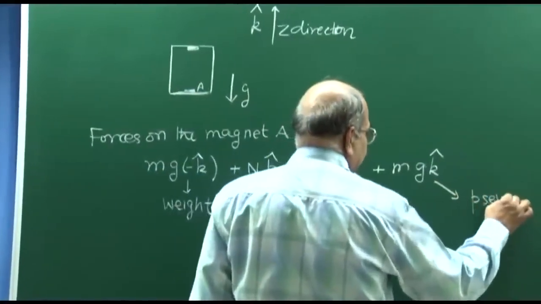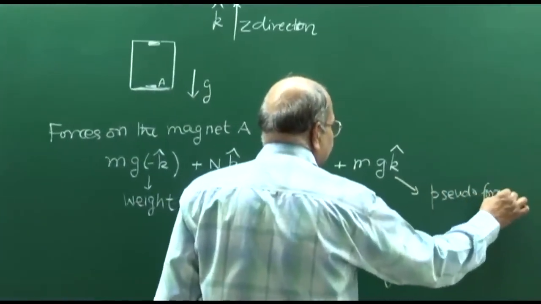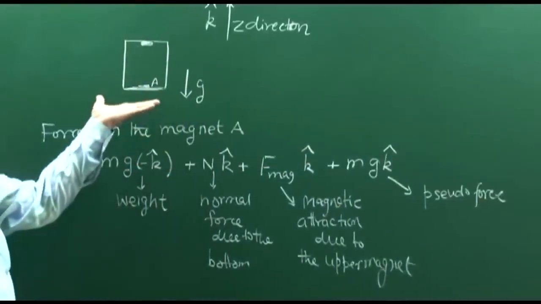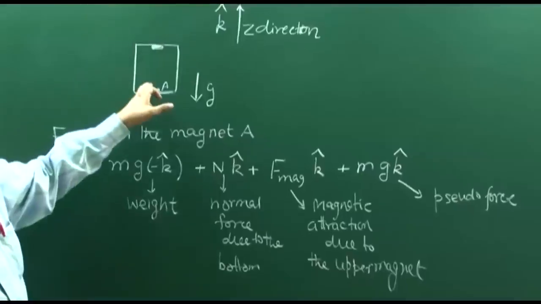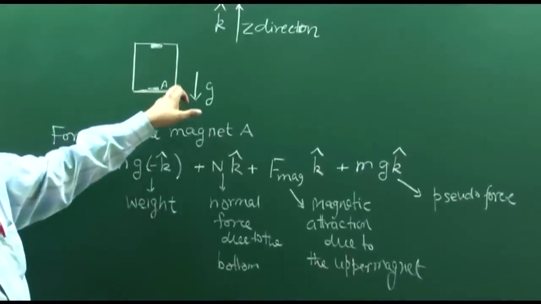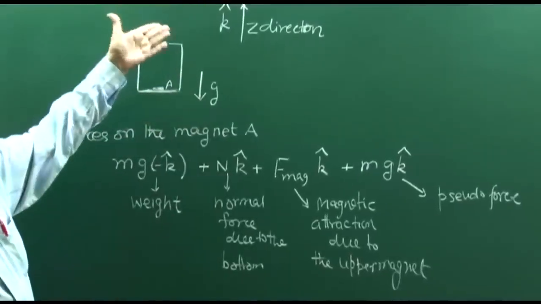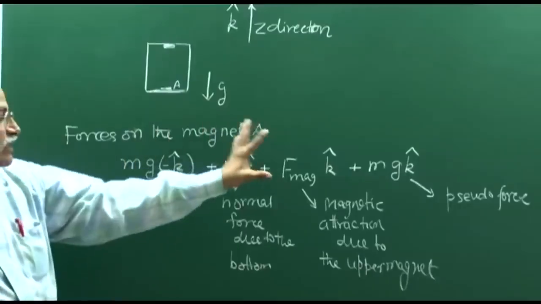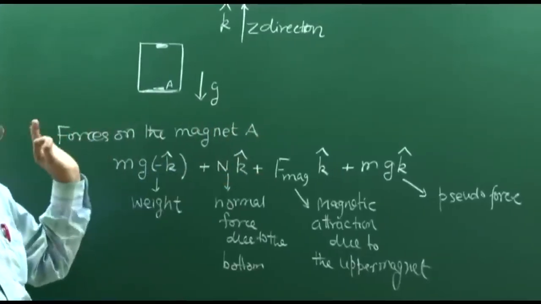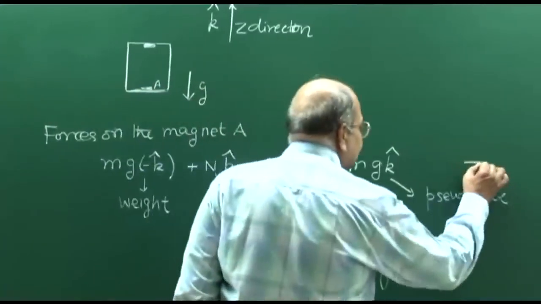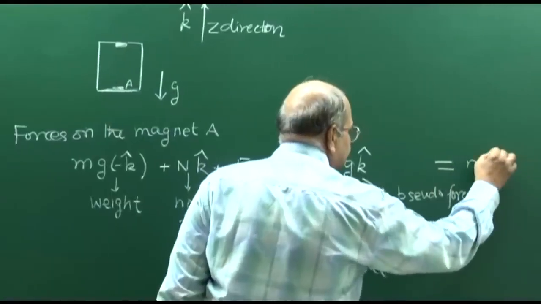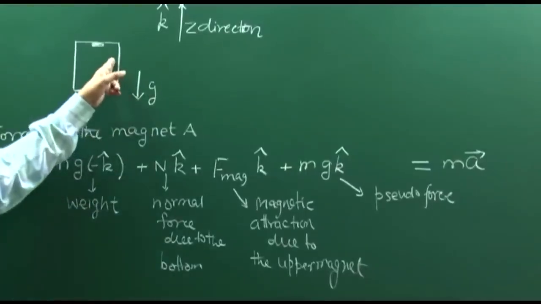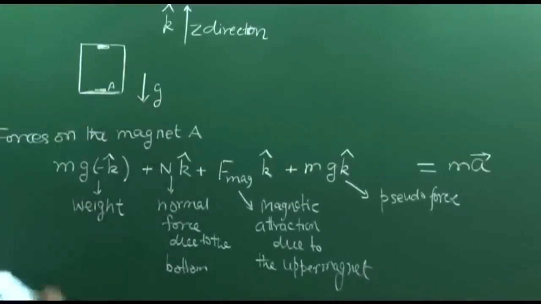So, this is the pseudo force that I will have to include because I am using this non-inertial frame. The frame is accelerated downward and therefore, the pseudo force has to be up. Mass of the object into acceleration of the frame and in opposite direction. So, frame is accelerating down, the pseudo force is up. So, this is the total force on this, and that should become mass times acceleration. This acceleration is acceleration of this object with respect to our falling box frame.